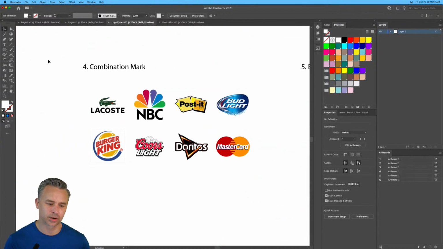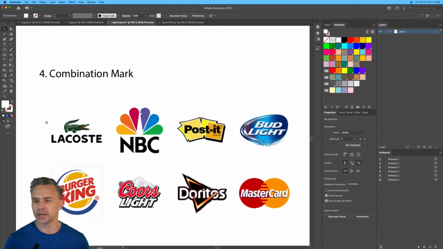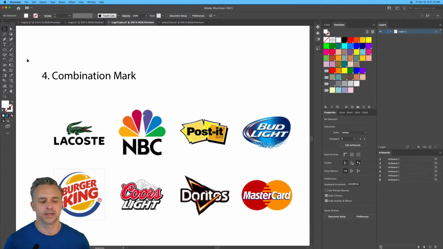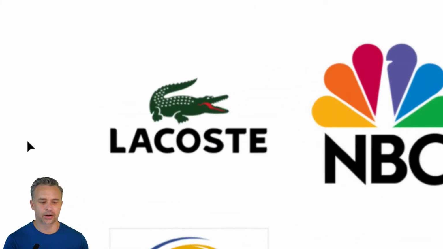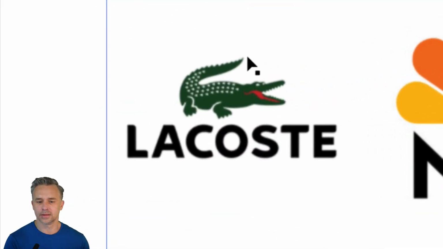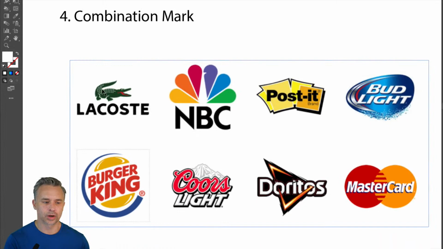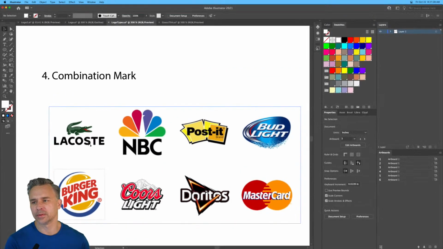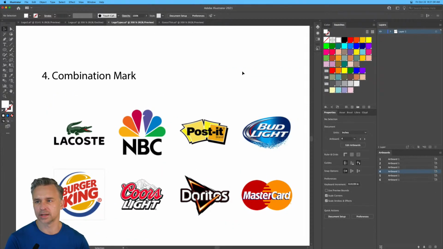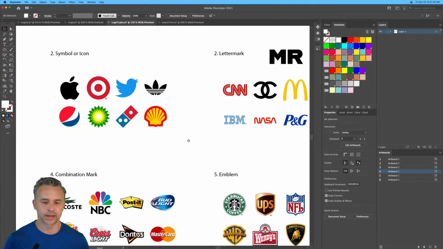So we have combination marks as well. So it doesn't have to be either or. It could be both, but you still need to be able to, in my opinion, separate out the logo from the type, ultimately, is where you want to be. Okay, so again, it's driven by the name of the brand, typically your competition, and honestly, where this is going to show up. So if I'm doing a mobile app, I probably don't want to do a full-on letter mark,